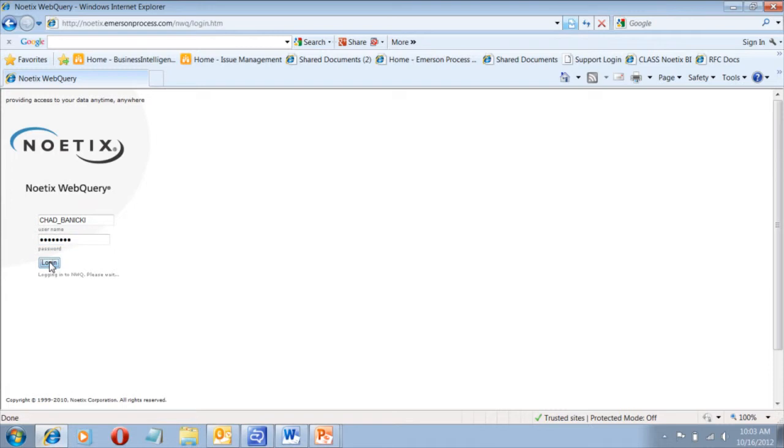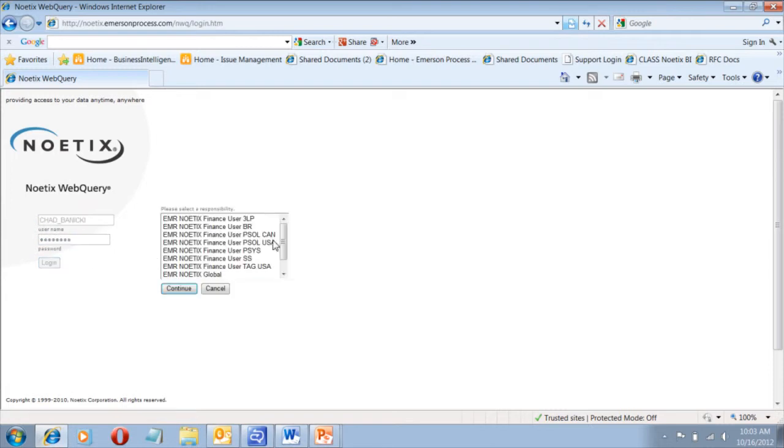After you enter the username and password, just click on Login and you should see a list of the responsibilities that you have for Noetix Webquery. If you don't see any responsibilities here, that means you need to fill out an Oracle responsibility request form and send it to ITSS Help Desk. Currently, we recommend that everybody uses the EMR Noetix Global login for reasons that I'll explain shortly. After selecting EMR Noetix Global, simply click Continue,